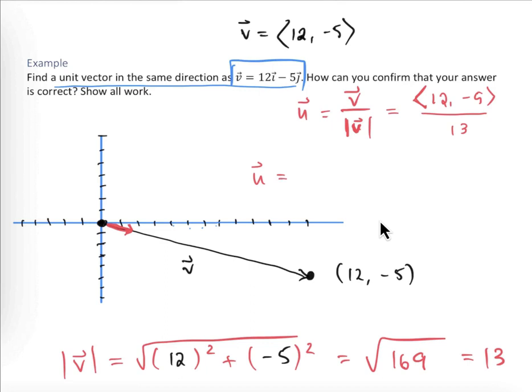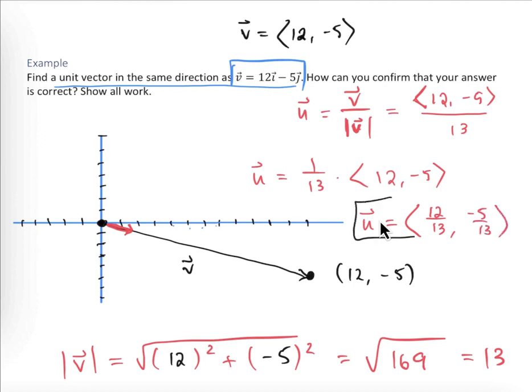Well, that's the same thing as having a 1 over 13 scalar multiple of my vector, 12 and negative 5. And if we have a scalar multiple of a vector, that scalar can be factored in or distributed in to the vector, giving me 12 over 13 and negative 5 over 13. And these would be the components of a unit vector in the same direction as v,